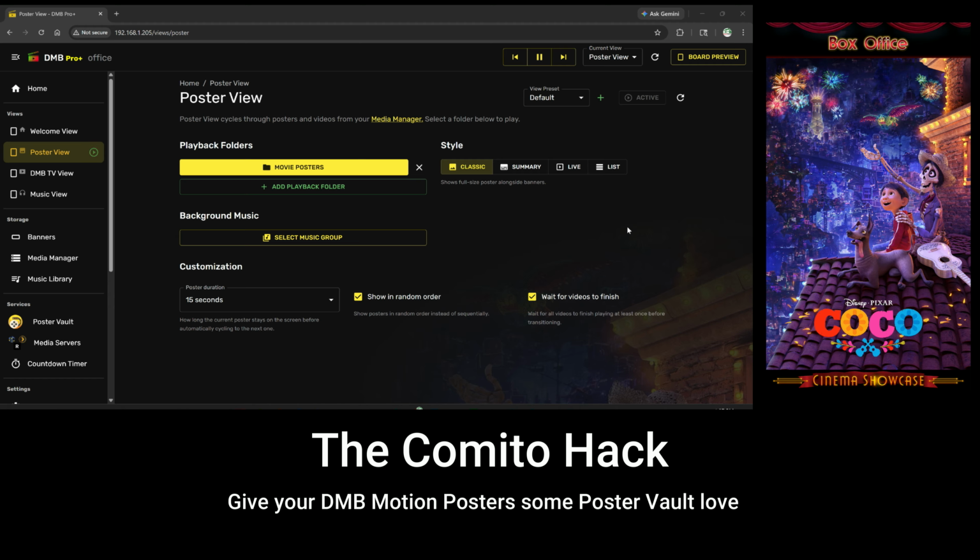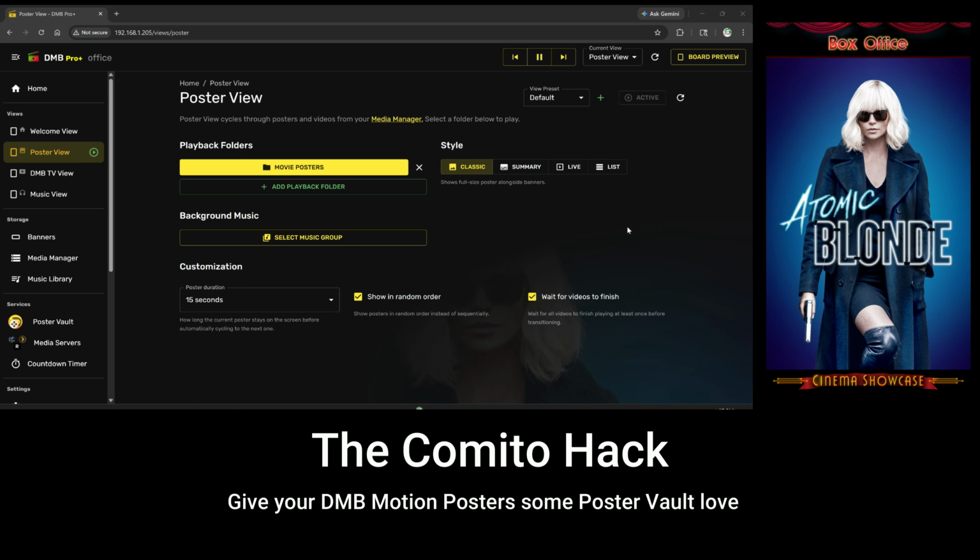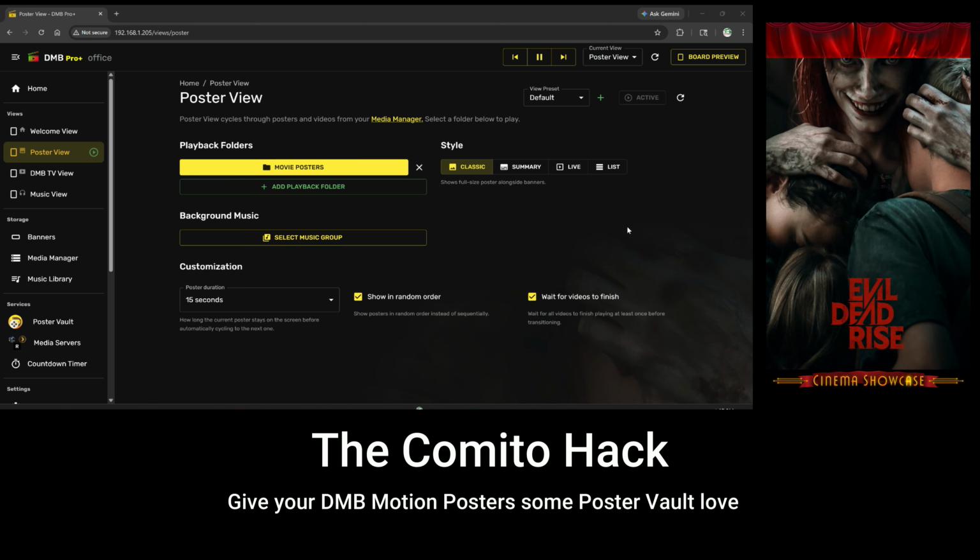So what he decided to do is to run the motion posters through our Poster Vault service. And as you know, the Poster Vault is our plugin that goes out onto the internet and aggregates all kinds of information and data and applies it to the movie posters that you have in your folders. So for instance, if you run the Terminator through the Poster Vault, it will apply a movie trailer, the summary, the actors, directors, the name, the runtime, all of that stuff automatically to that poster,